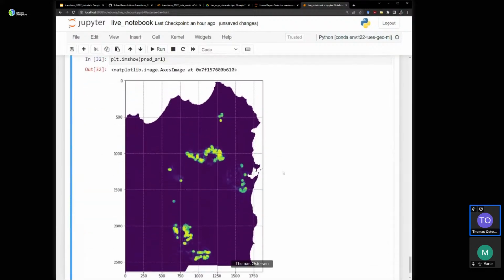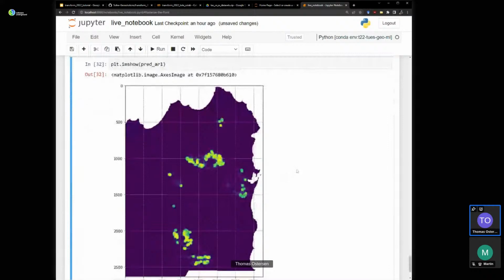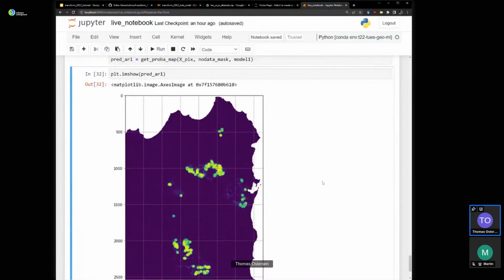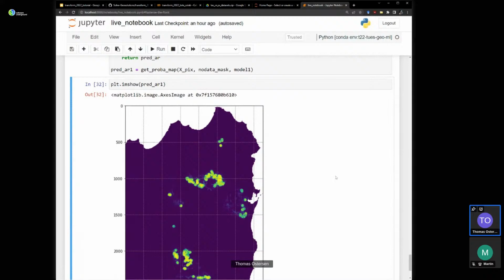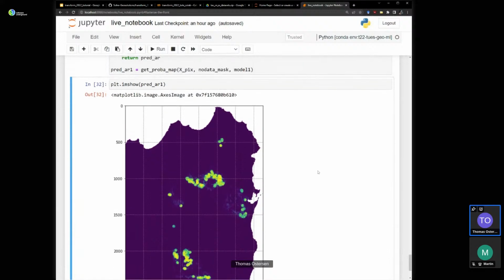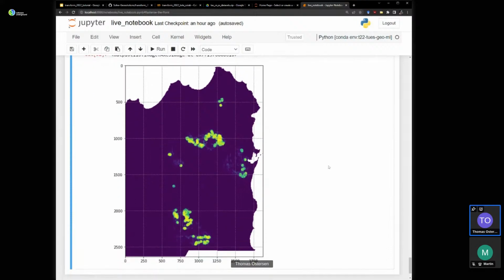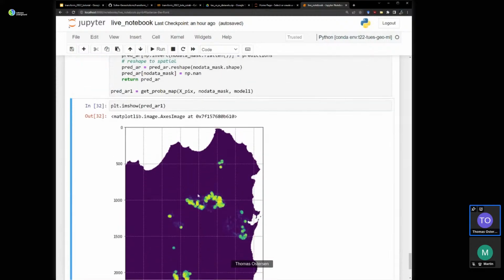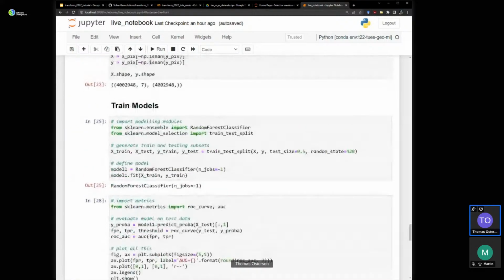Cool. So we have trained the model on a subset of all the pixels in our data set to differentiate between the distal and the proximal pixels. And then we applied that model to all the pixels in the data set and extracted the probability that the model thinks a given pixel is proximal. And you will note that these probabilities are basically, I mean, this is almost a carbon copy of our labeled array.